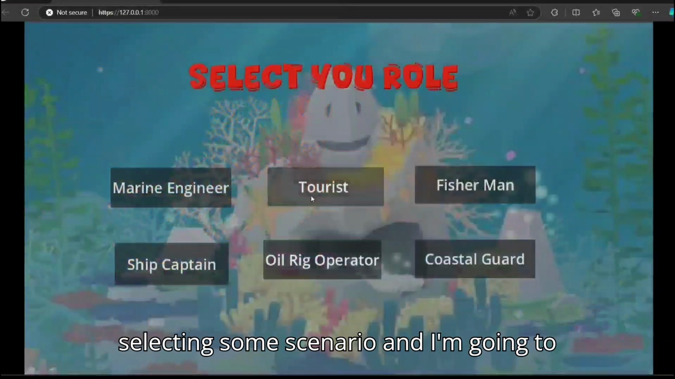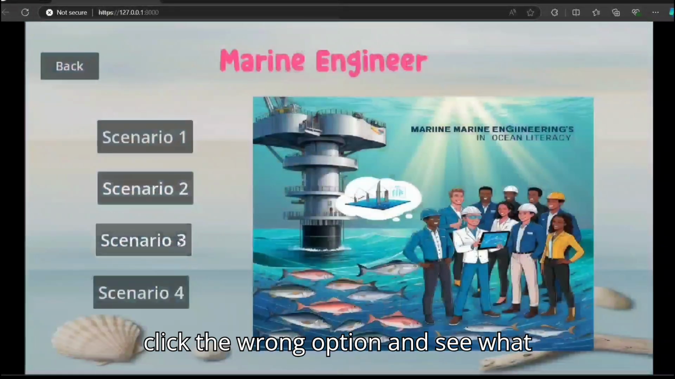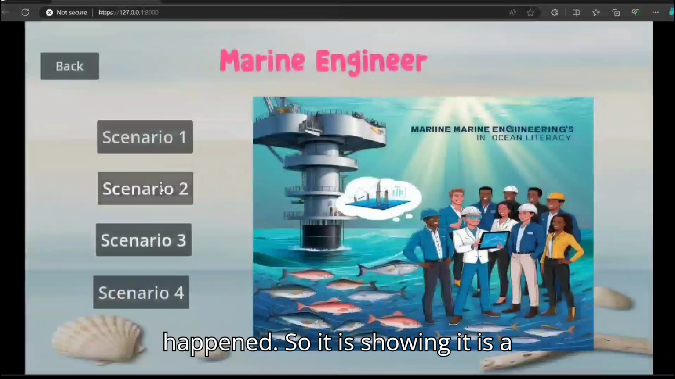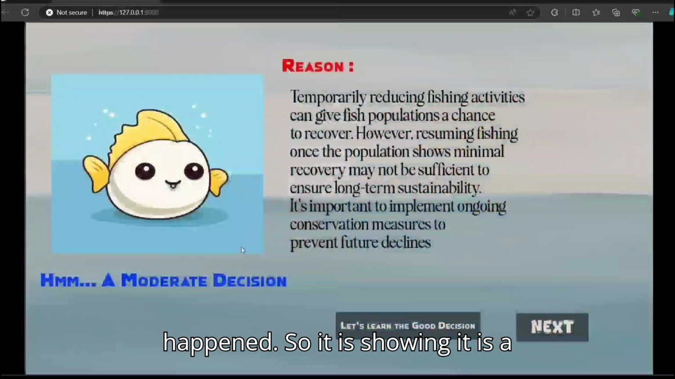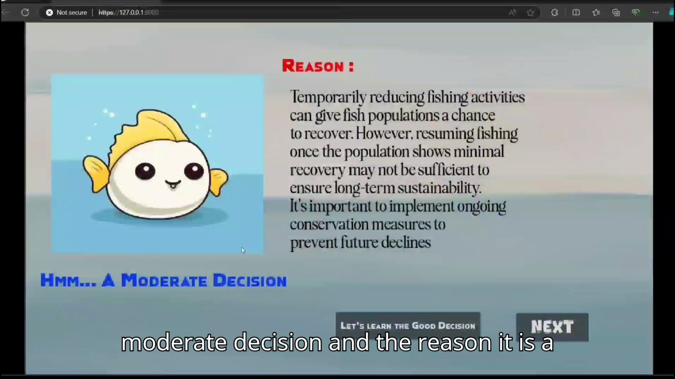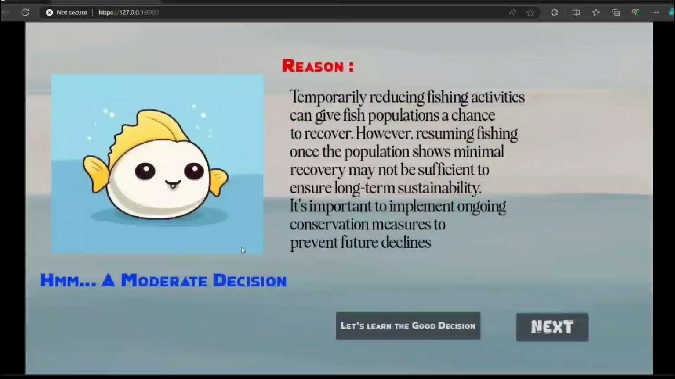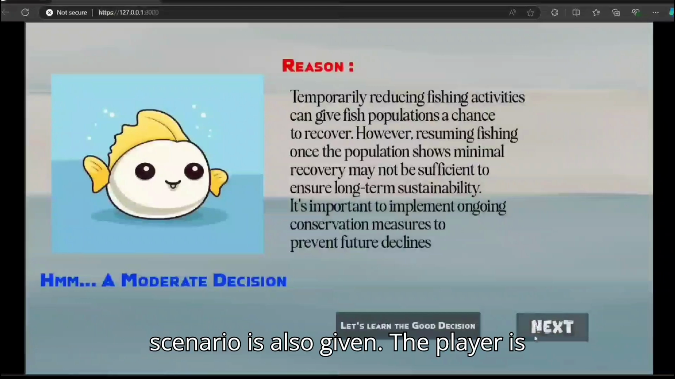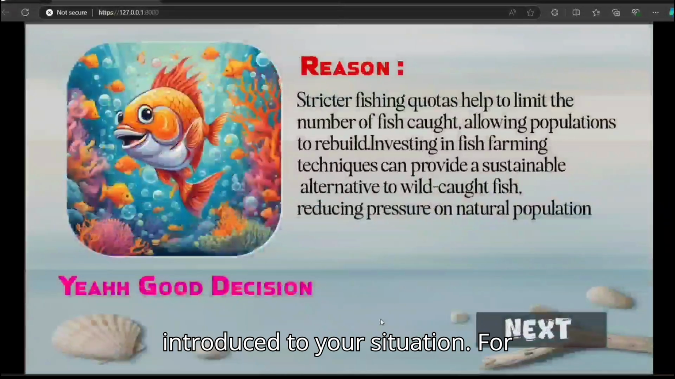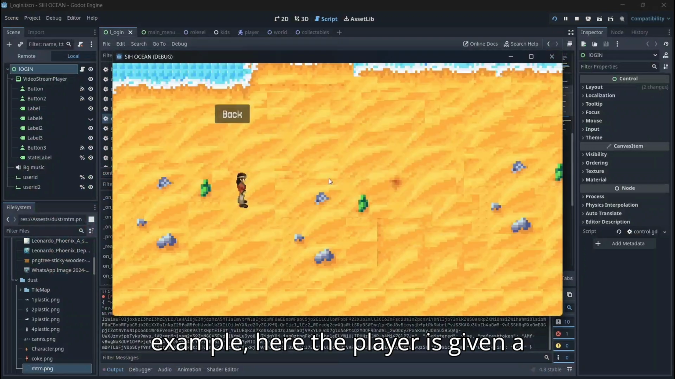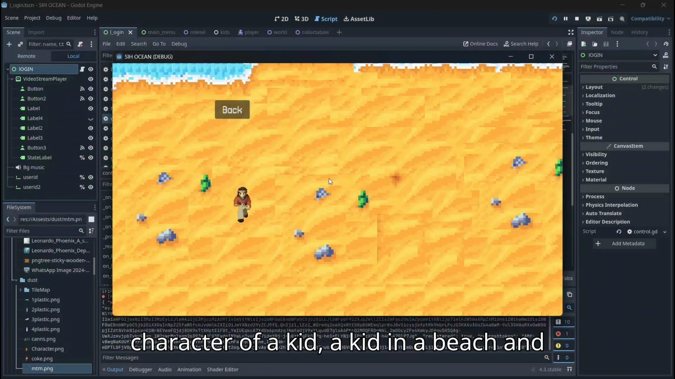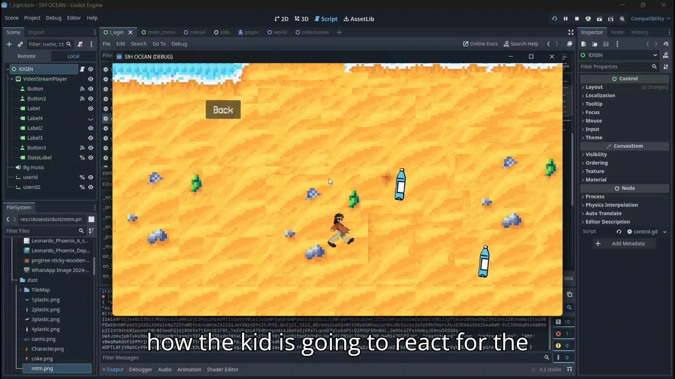And now I'm selecting some scenario and I'm going to click the wrong option and see what happens. So it is showing that it is a moderate decision, and the reason it is a moderate decision is shown by the game. And the good decision for the particular scenario is also given. The player is introduced to a situation. For example, here the player is given the character of a kid on a beach, and how the kid is going to react to the